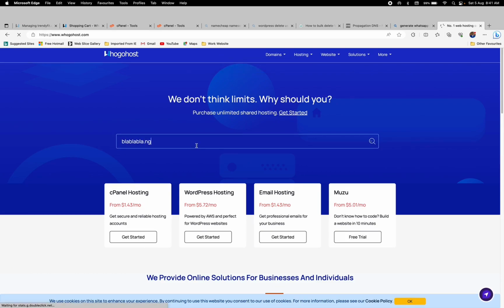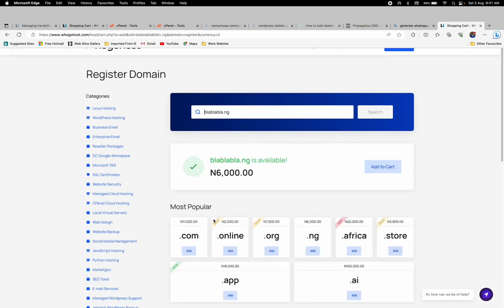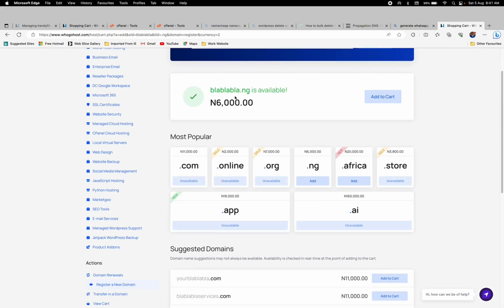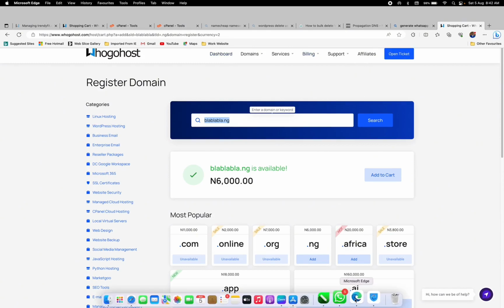Blah blah blah is available for .ng. You can buy your domain. There are so many registrars that you can use. So when you have purchased your domain,